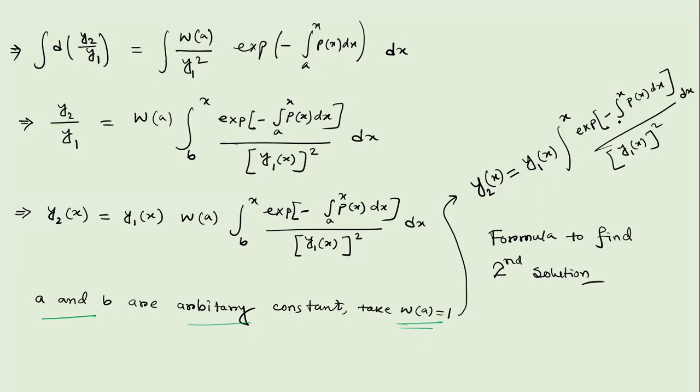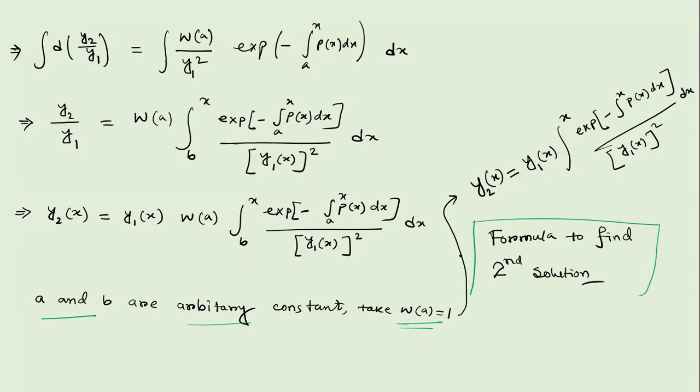So we just eliminate this arbitrary constant, this will be neglected, or it's a constant value. Actually, a, b are the initial constant values. If they are given within the problem, then we can see, or we cannot consider this constant value. So y2, that is the second solution related to the first solution. This is the formula to find the second solution.